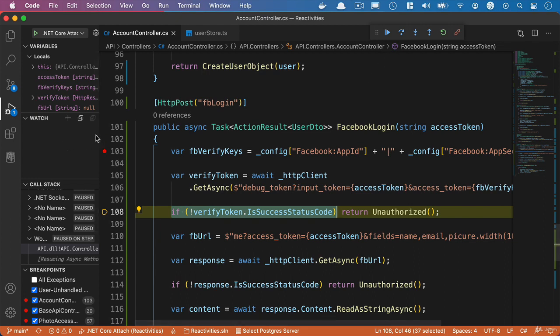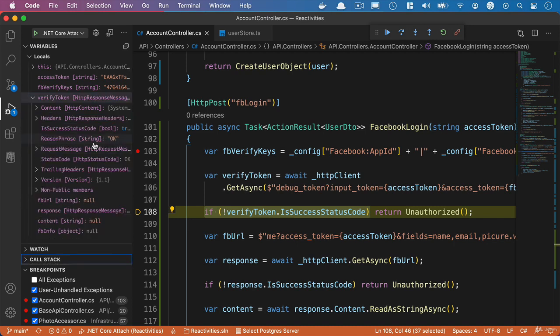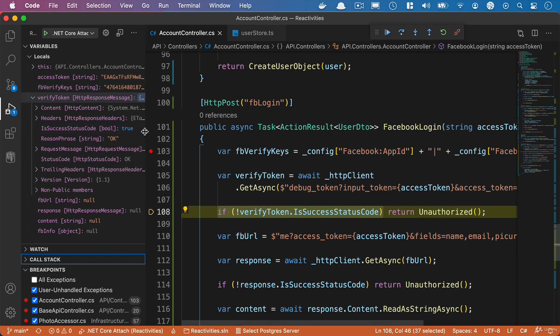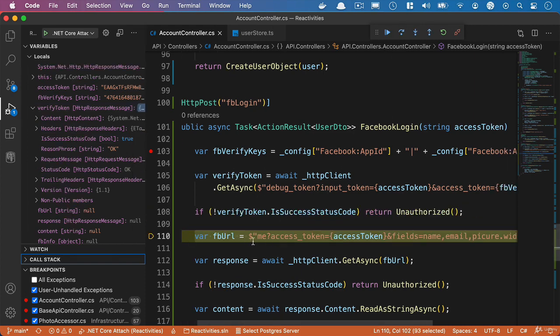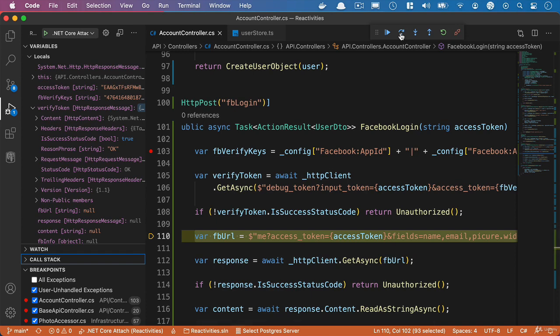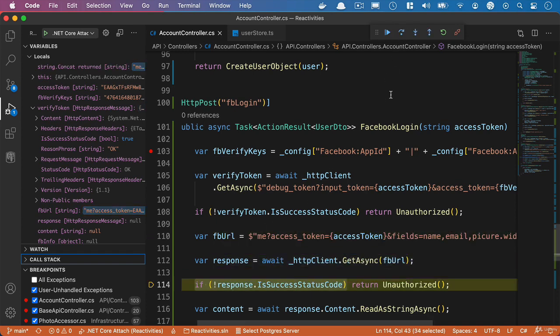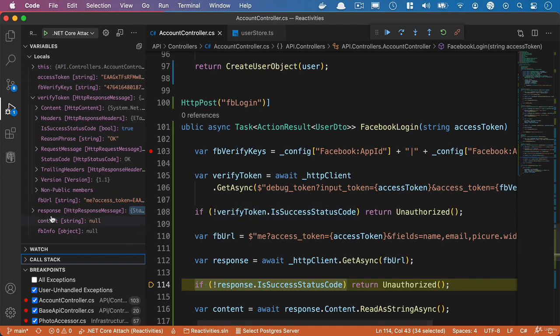And then we get to see the response. And if we take a look at the response inside here, then we can see that this is an OK response, and its success status code is set to true. So we're going to move over this one, and then we build our FB URL, including the access token and the fields that we're interested in. And then we'll go and make this request, and if we step over this, then we take a look at the response,